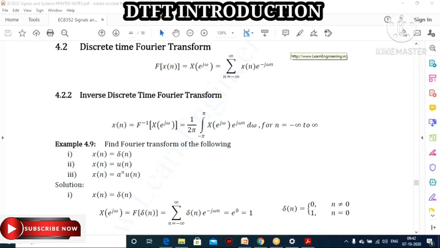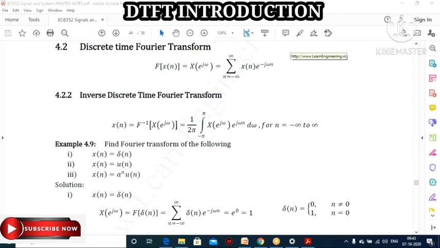properties. And the second one is problems, how to find the Z transform. For the Z transform problem, the only way is to substitute the definition of Z transform, that is X of z equal to summation x of n z power minus n. That's it. But for the inverse Z transform, you have three different methods: the long division method, the partial fraction method, and the residue method.